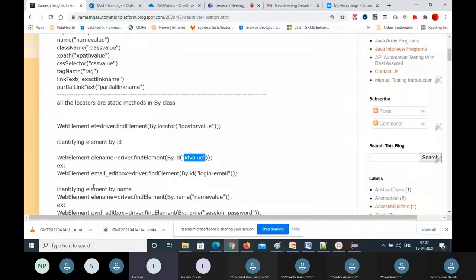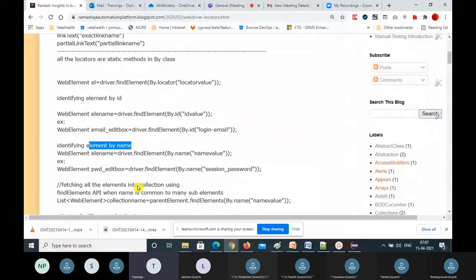Here is the example: WebElement emailEditBox equal to driver.findElement(By.id("login-email")). This is the one you can use. So identifying an element by name comes next. First, with ID I have explained to you that ID will be unique. That's why only one element you can identify anytime, not duplicate elements. There are no duplicate elements with the ID.